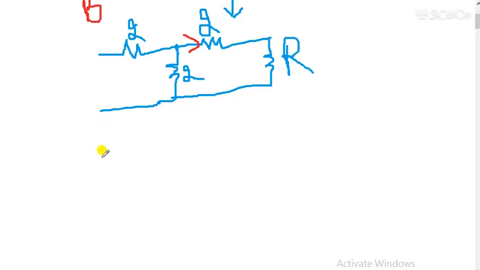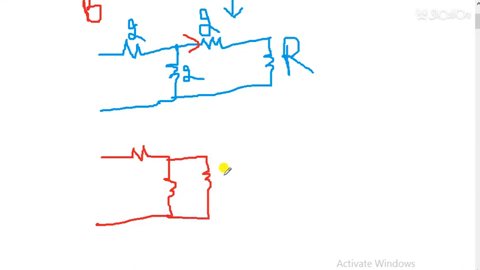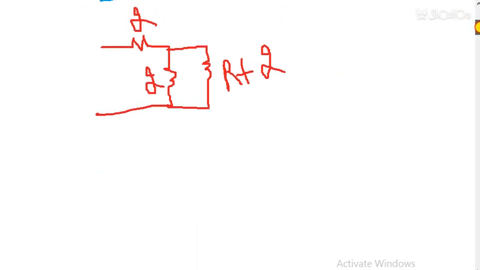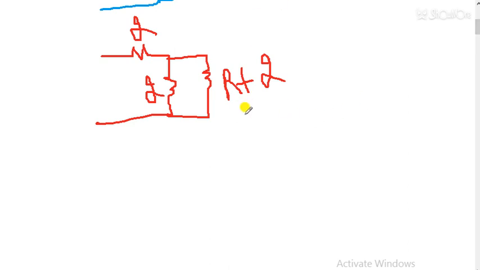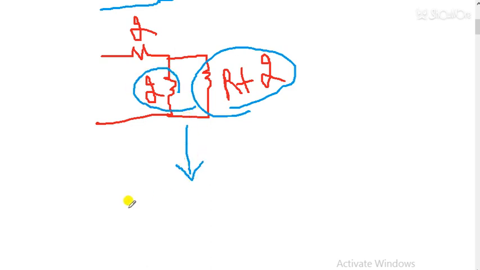Now I am solving it. Its next circuit will be 2. This is parallel to 2, and this is the combination of R plus 2. So this is R plus 2, and this is 2, and this is also 2. Students, we use a very good logic in this, and this question comes many times, so understand it carefully. Now students, this R plus 2 is in parallel with this 2. So what we will do here, I will draw the circuit again.